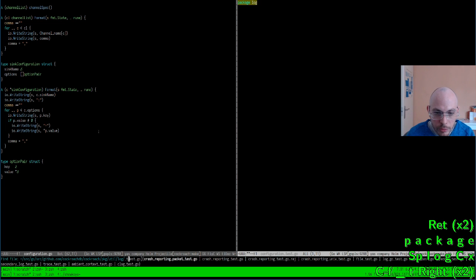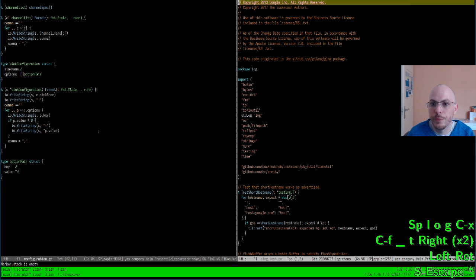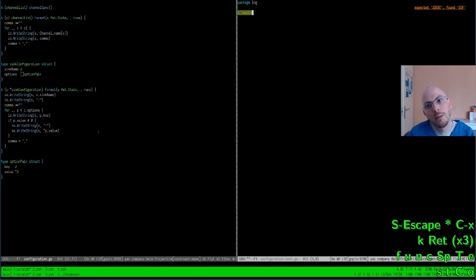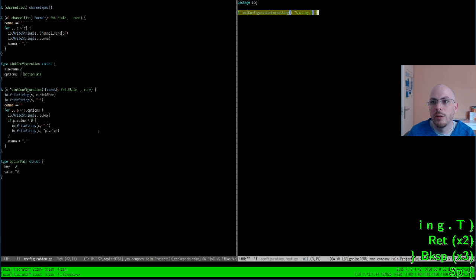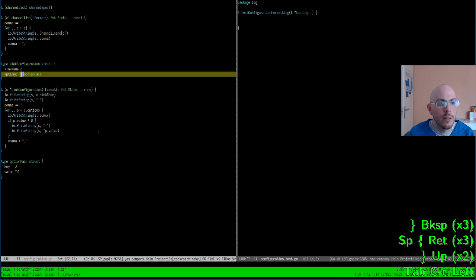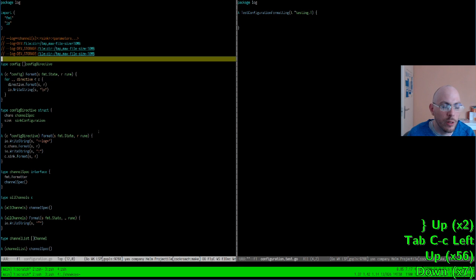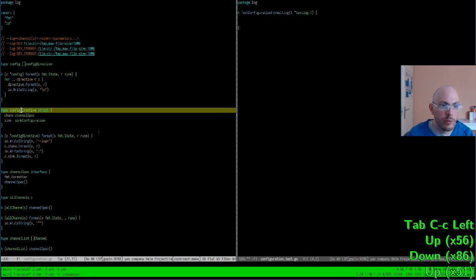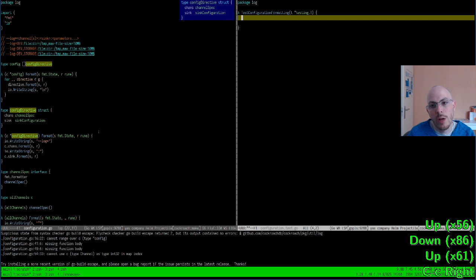And am I using a different package? No, it's the same. Func and then test configuration formatting. And so the way it works, the idiom here is to create some pairs. So I have a configuration, and then I want to expect some format out of it. So we have test cases.